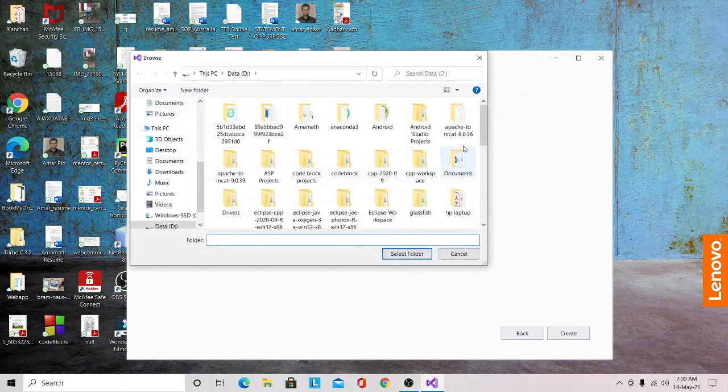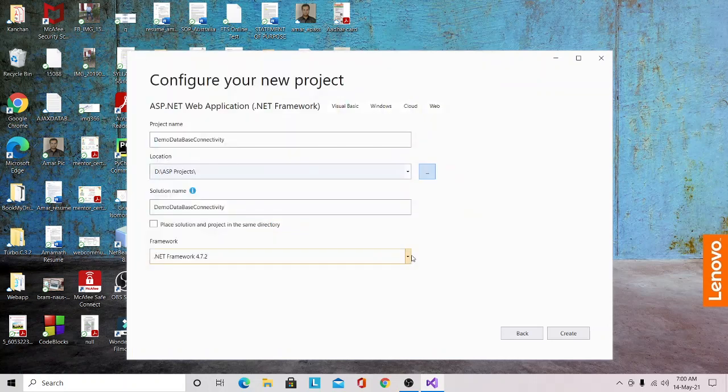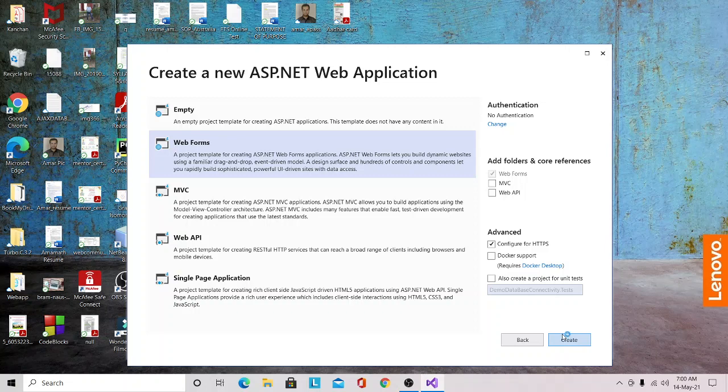Then later on in the D drive, I have selected ASP projects as I wanted to store this demo database connectivity project in this location. And finally I will click on this create button. First I will select web forms and then again I will click on the create button.